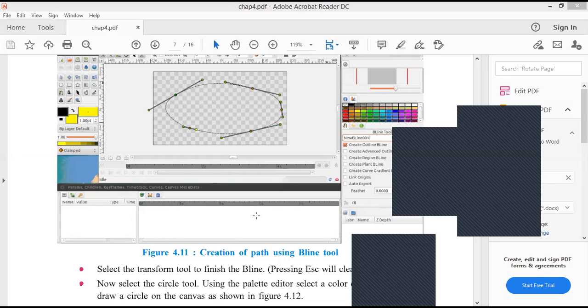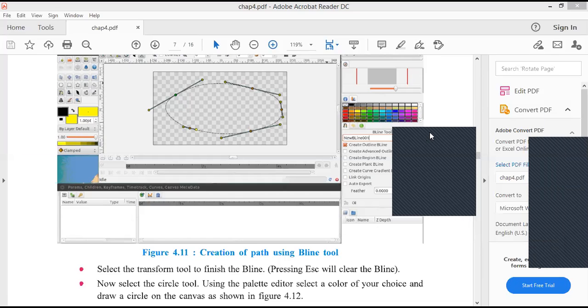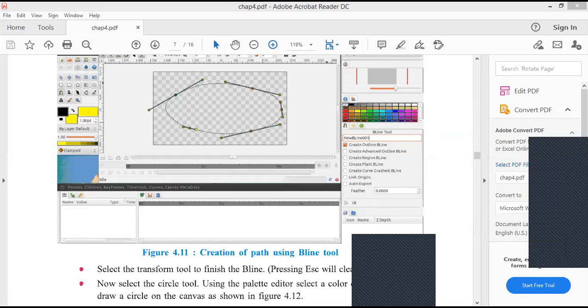Now we will select the Bline tool. This is the Bline tool. Create a Bline.